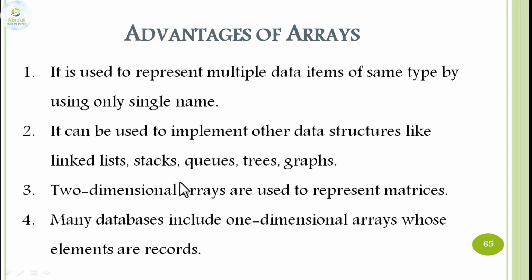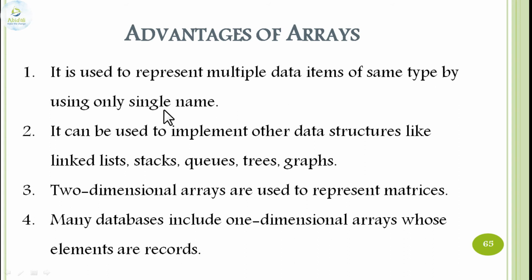Going to the advantages, why do we need an array in the language? So the language, let it be C language, C++ or the next generation languages, will use the array. It is used to represent multiple data items. That means many items having the same data type. That means they all belong to the same kind of type. All are integer type, maybe all are float type, all are double type, or all of character type. So we will call the array a collection of homogeneous elements.